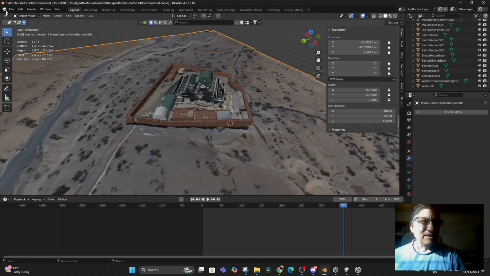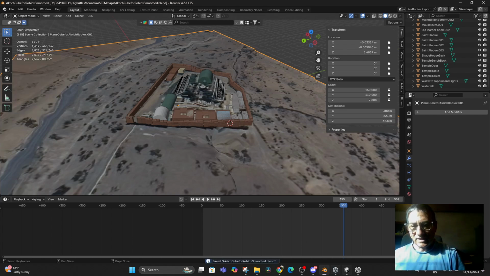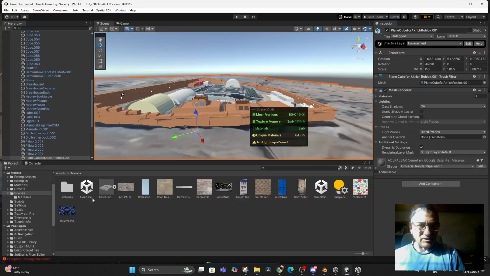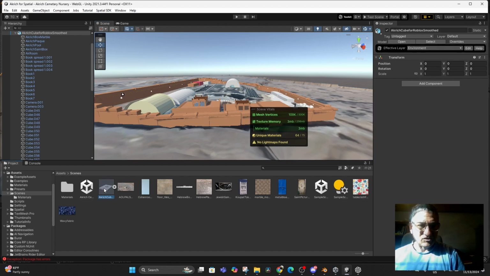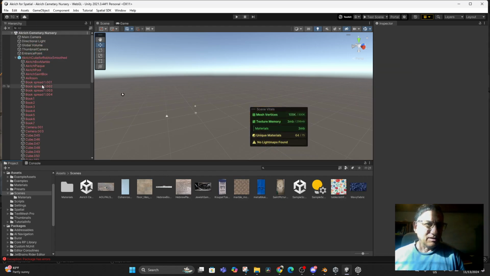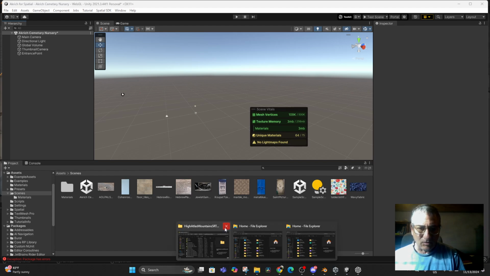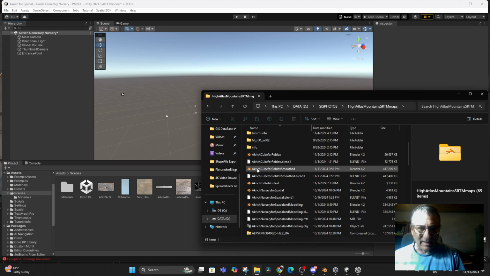Then I save it, and as you can see, it's supposed to update automatically here. I'm not sure that it did, so I'm going to just delete this, get it out of the scene. Oops, I should have got out of the scene before that. But I'm going to keep my textures in as I've updated that model, and I'm going to go to the folder that has it in it, and I'm going to drop that Blender file right back in,